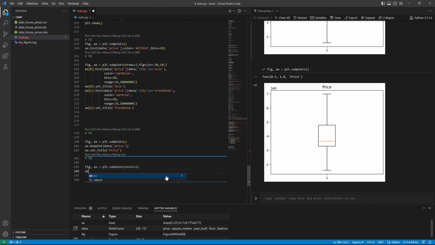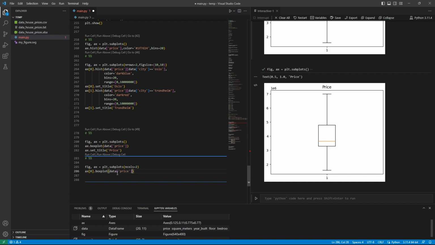We need to remember that when we are populating these, then we specify the axis position, which is either 0 or 1. So the first plot is a box plot, and the data is price, and